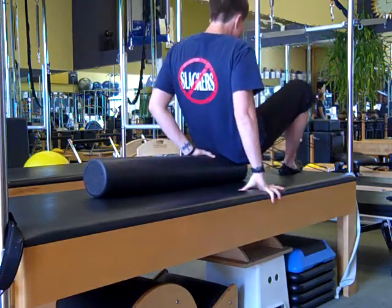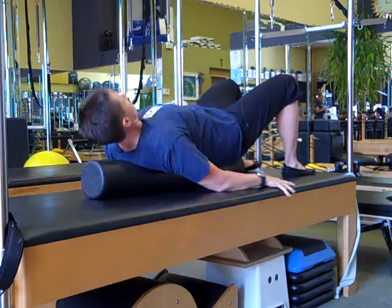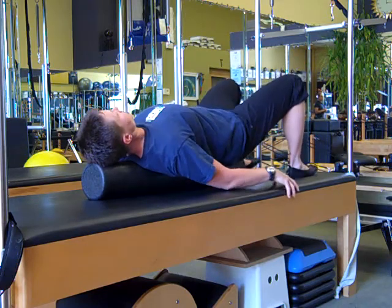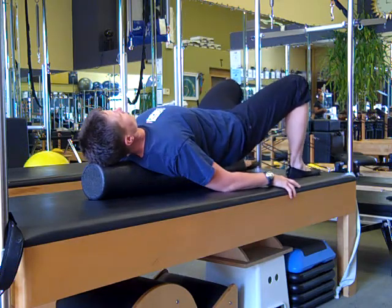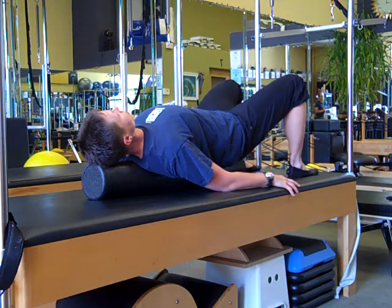So as you can see, Kim's getting on the foam roller nice and easy with her bottom all the way towards one end so that her head is fully supported on the foam roller. Her feet are about shoulder width or so apart, and the knees stay apart as well. You don't want your knees to fall together when you're on here. So keeping the knees over the ankles is a great way to help keep yourself balanced once you're on the